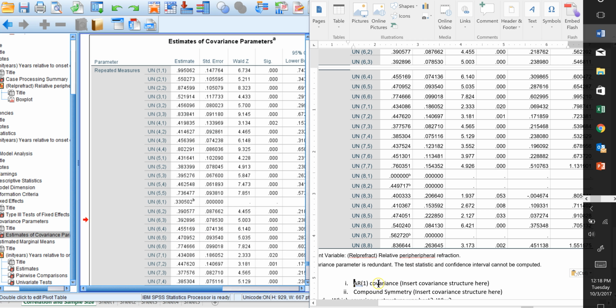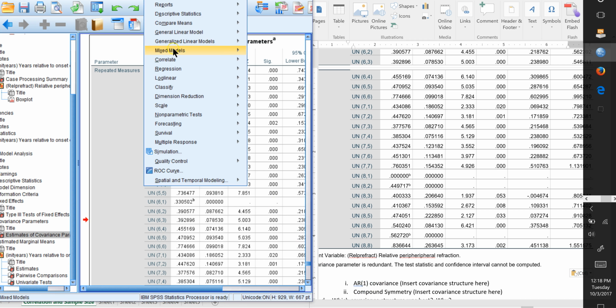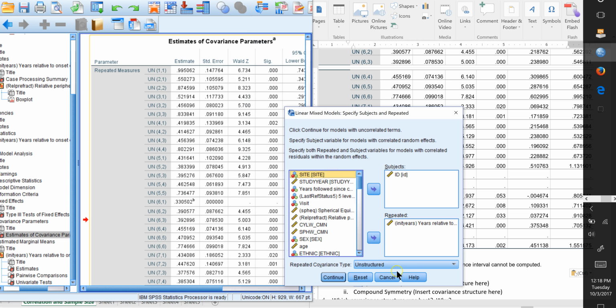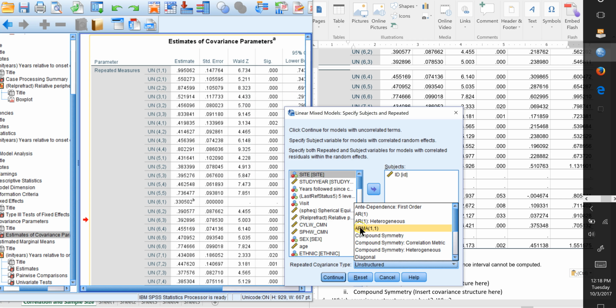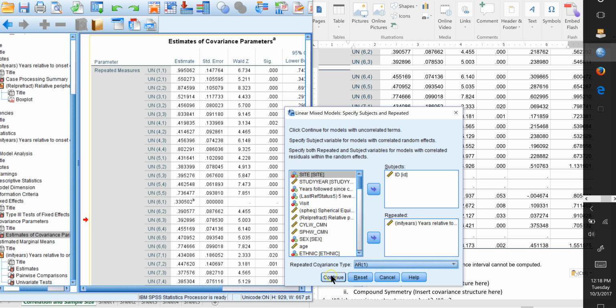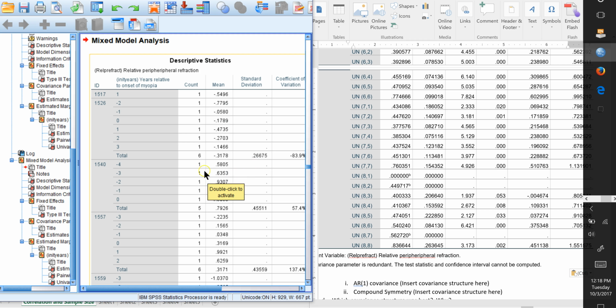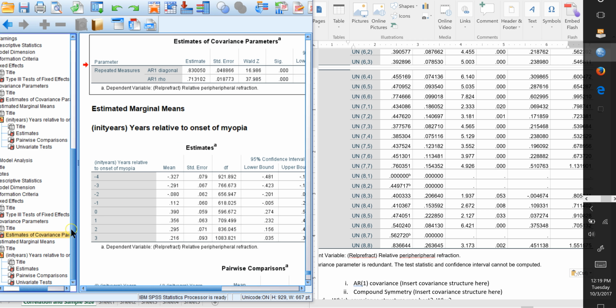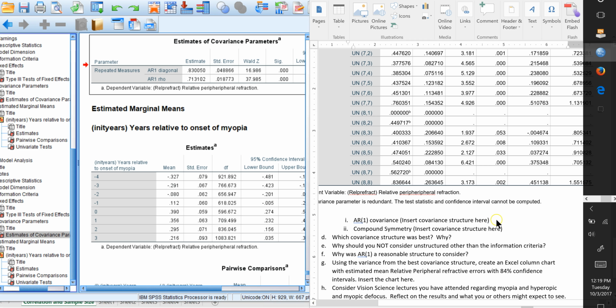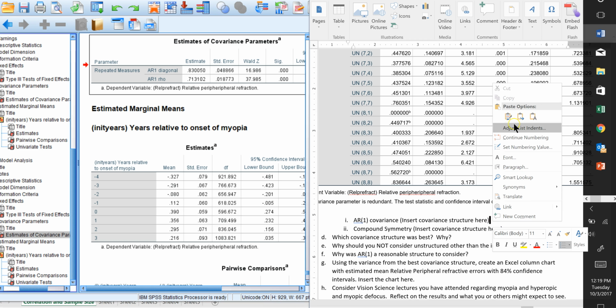All right, so now it asks for an autoregressive mixed model, linear, autoregressive. Everything else stays the same. So basically, because that didn't converge, we don't really consider this as a viable one. So we look at the covariance structure for that. We get this little thing. We come down here, we insert it, paste it,